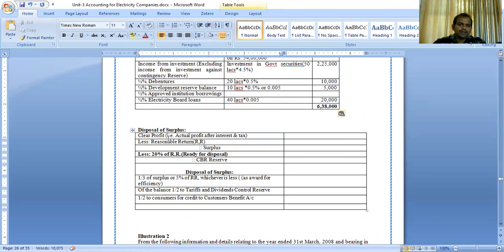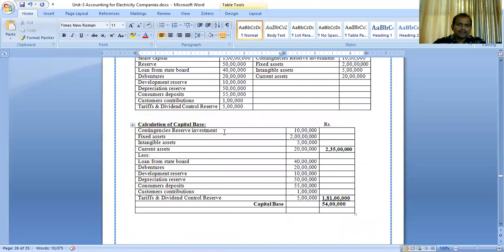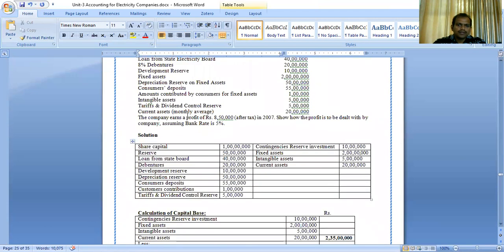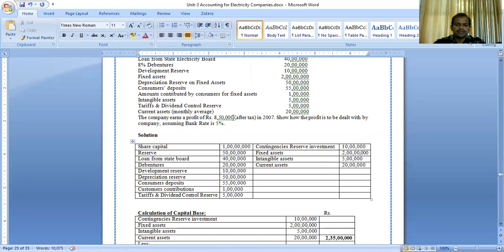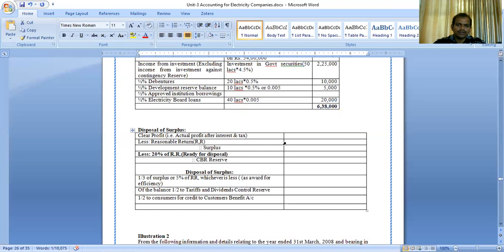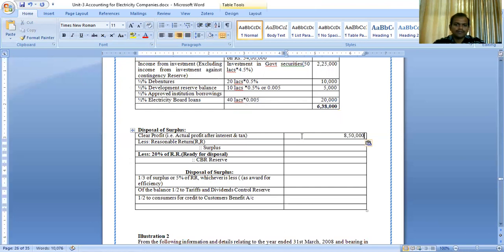So this profit of 8,50,000 after tax is mentioned. Sometimes they mention before interest, before tax. At that time, we have to deduct the interest out of this profit. So 8,50,000 clear profit less reasonable return,